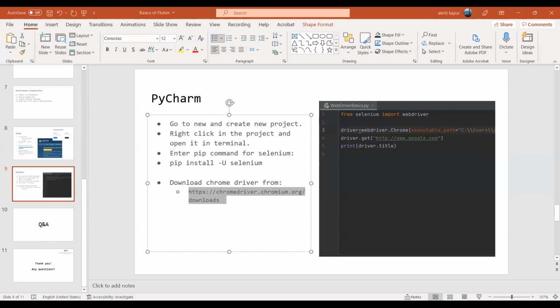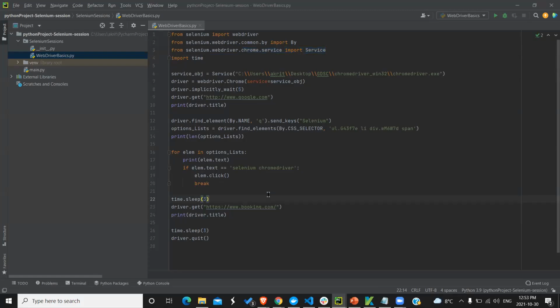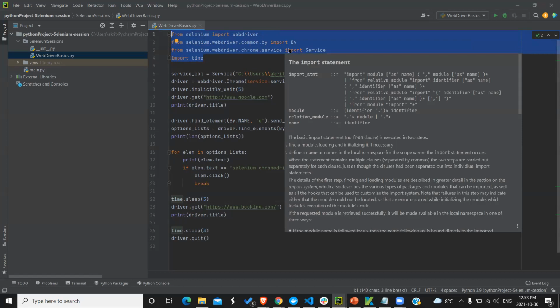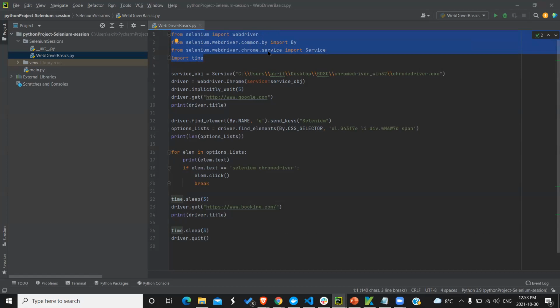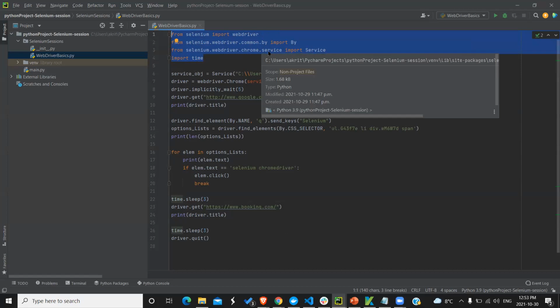From the starting, we import all the Selenium WebDriver libraries that we have, then we go with the service, because we know that the executable path was deprecated. So here we have imported the service, which is part of the Selenium WebDriver Chrome library.